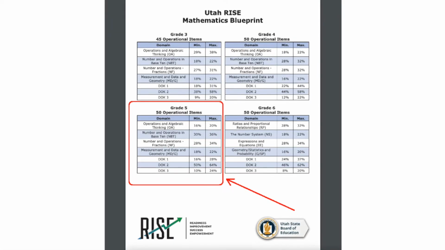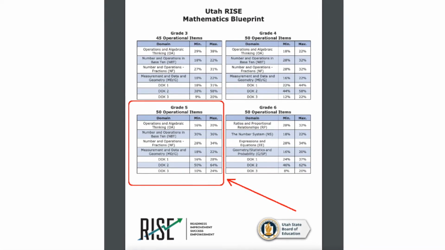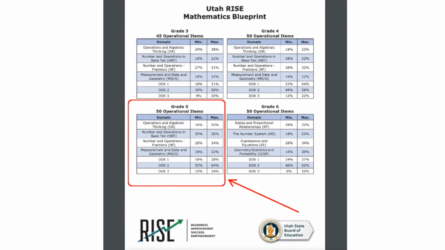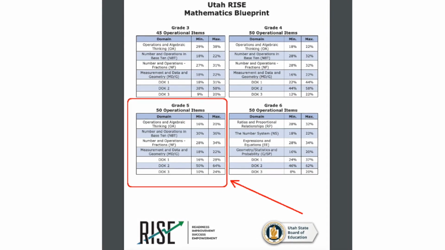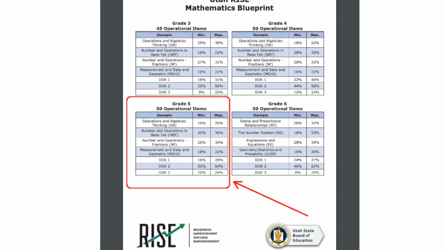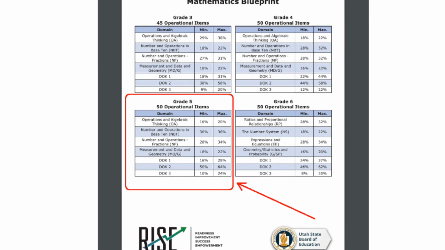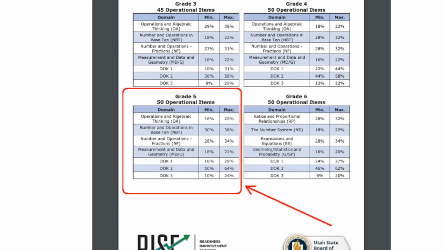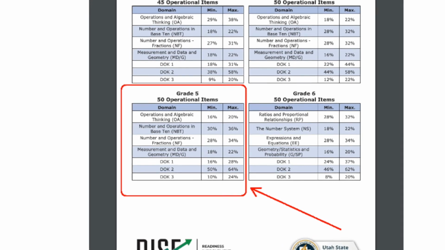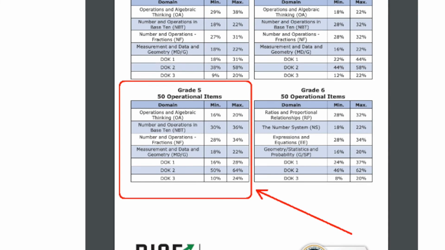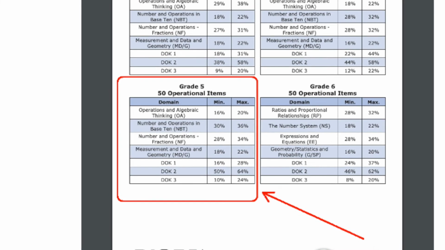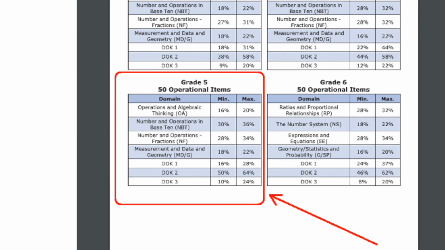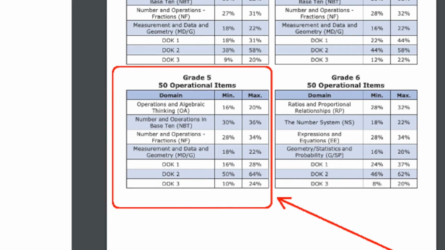On this page, we can select the desired grade level blueprints. We can see that in grade 5 there are 50 questions on the test. There are between 16 and 20% of the 50 questions on the operations and algebraic thinking category. Between 30 and 36% of the questions are from the number and operations in base 10 category. Between 28 and 34% from the numbers and operations with fractions category, and between 18 and 22% from the measurement,